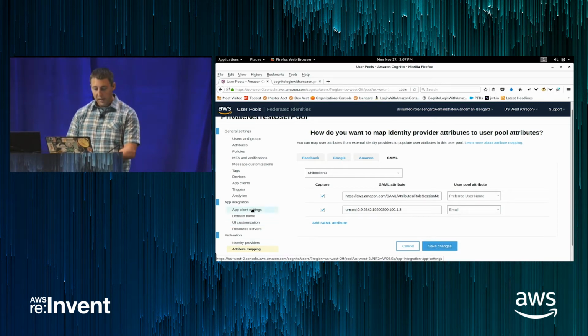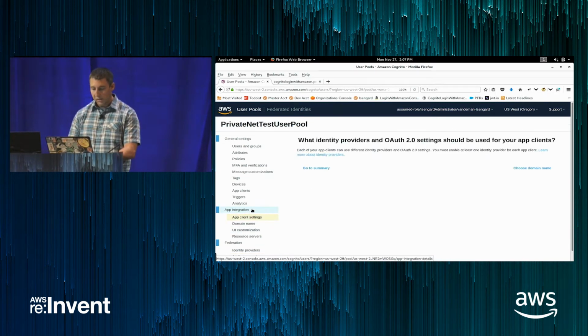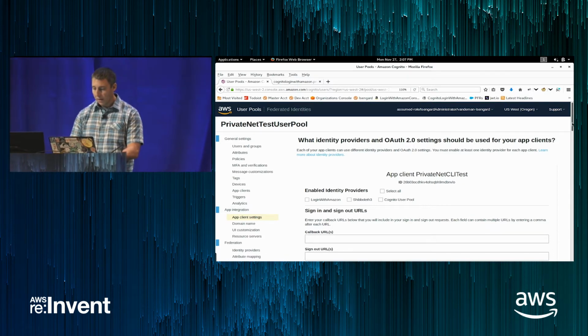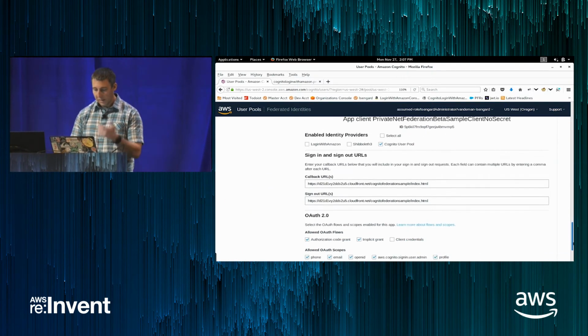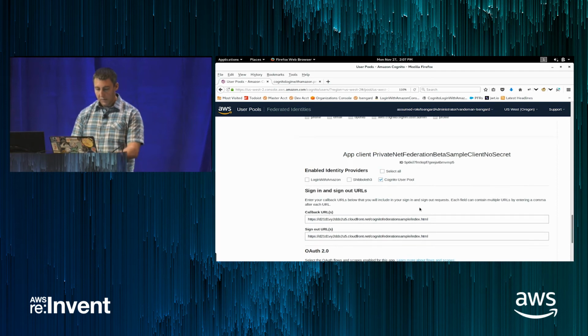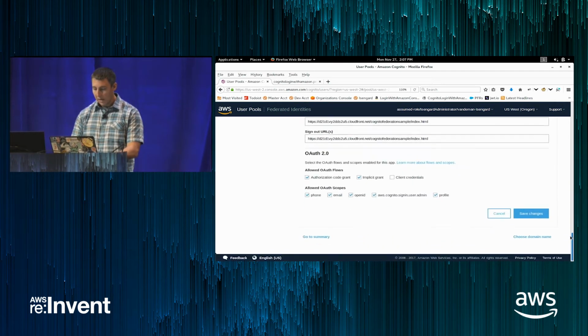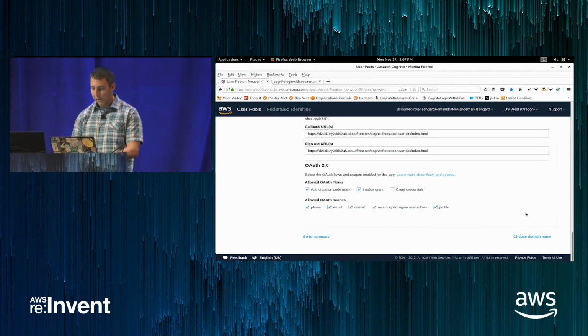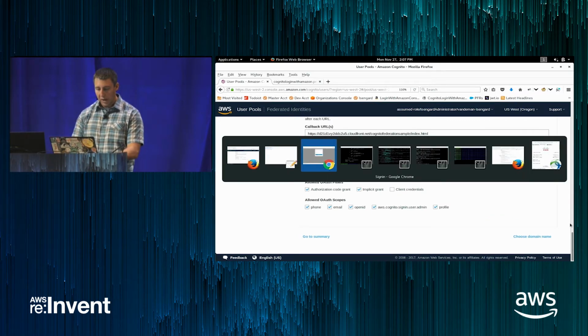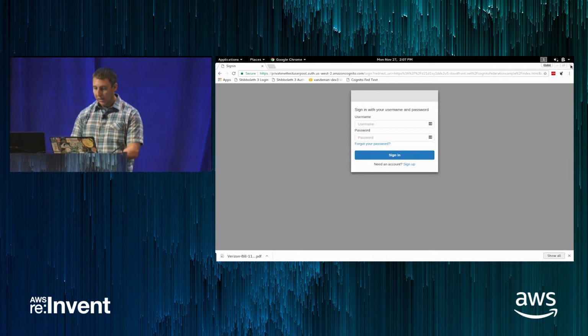Now that I've got that in place, I'm going to go to the application that I've already configured, that single page app, and I'm simply going to select that I want to enable my identity provider. I'm going to save those changes. So if we come back to our single page application,